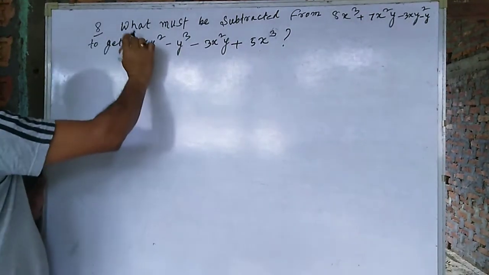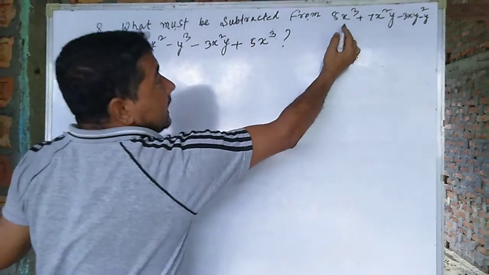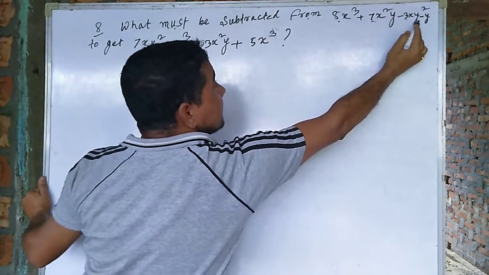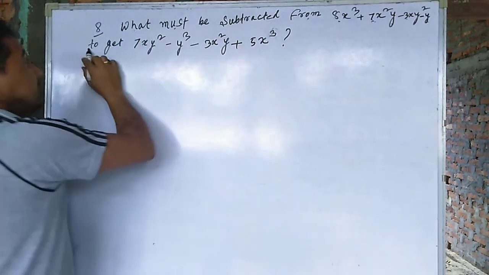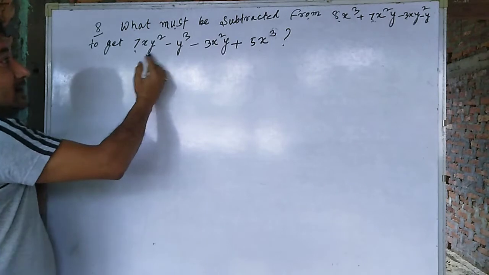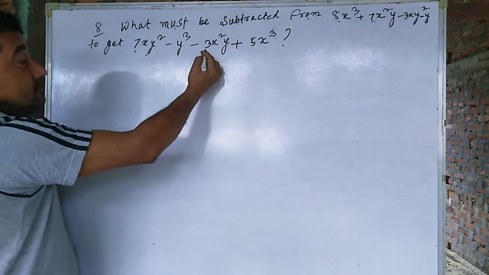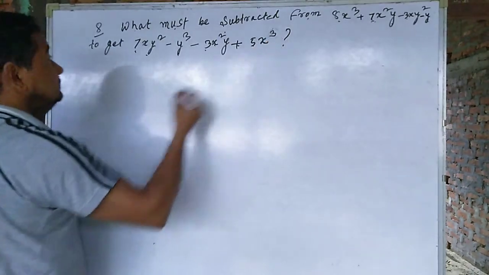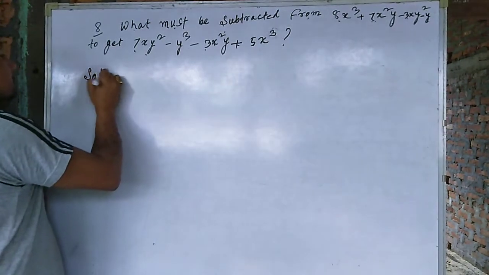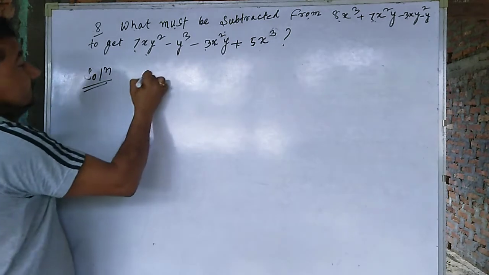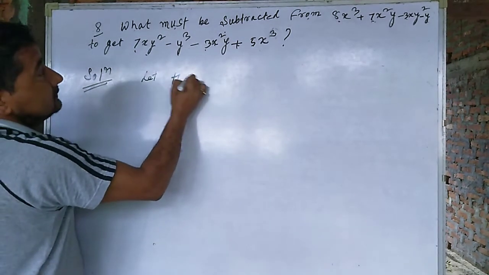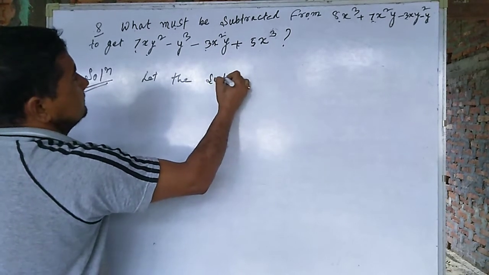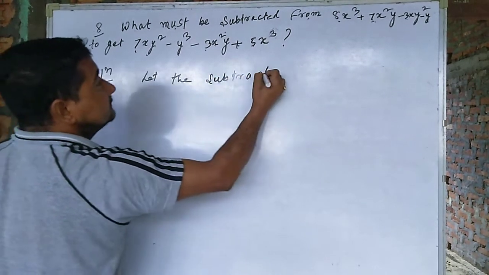Question number 8. What must be subtracted from 8x cube plus 7x square y minus 3xy square minus 1 to get 7xy square minus y cube minus 3x square y plus 5x cube? Solution. Let the subtract number be